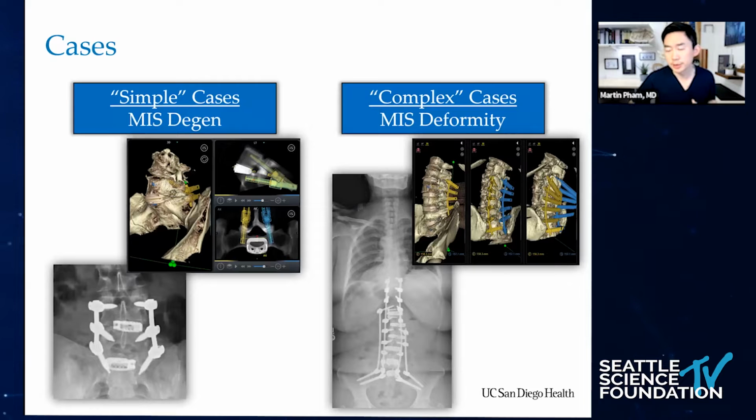So in terms of this talk, it was meant to be how to incorporate robotics into simple cases versus complex cases. I think someone argued that there may be no simple cases in the spine, especially when you're trying to prevent adjacent segment disease or trying to prevent PJK. But the way I've distributed it, I think, is going to be your MIS degen and then your MIS deformity. And I know throughout the rest of the day, there's going to be great talks specifically focusing on these topics. But hopefully this will be a bit of a preview as to what the rest of the speakers will be talking about. So in terms of simple cases,